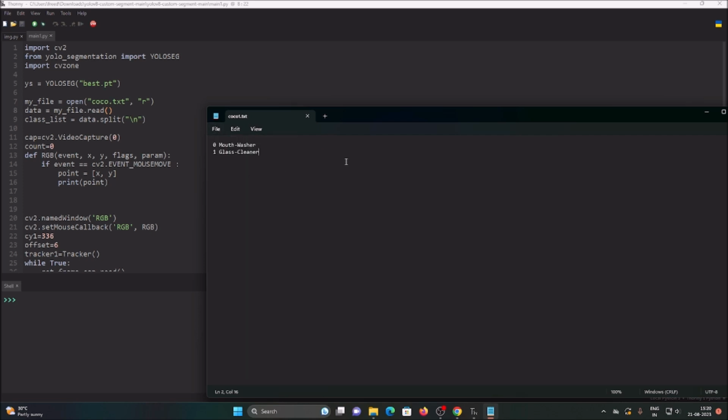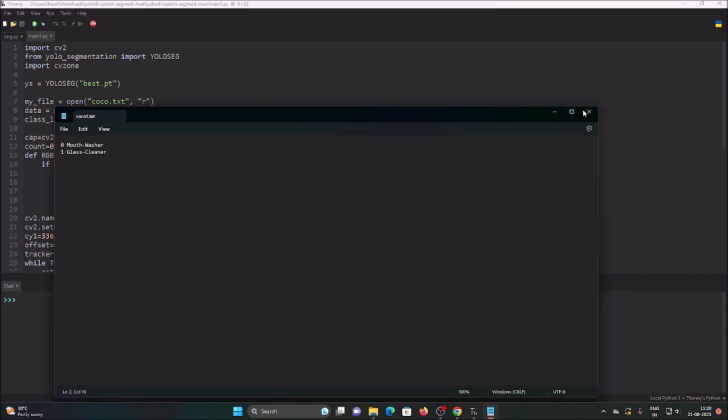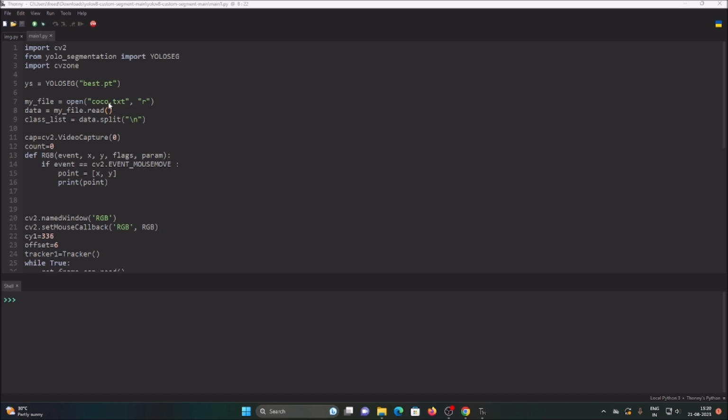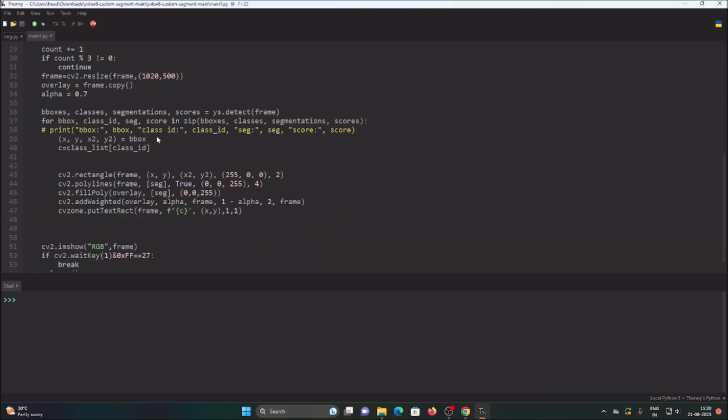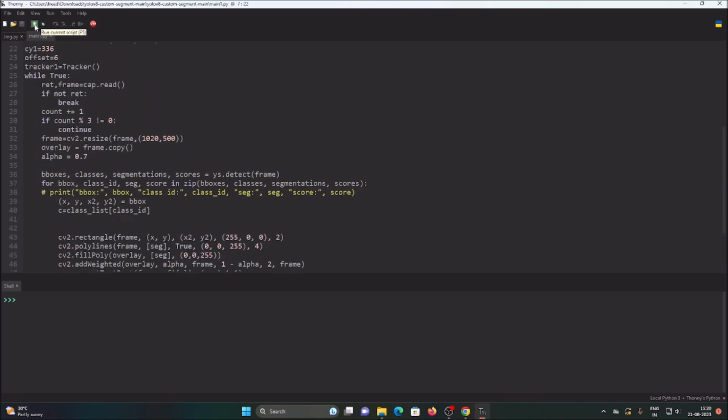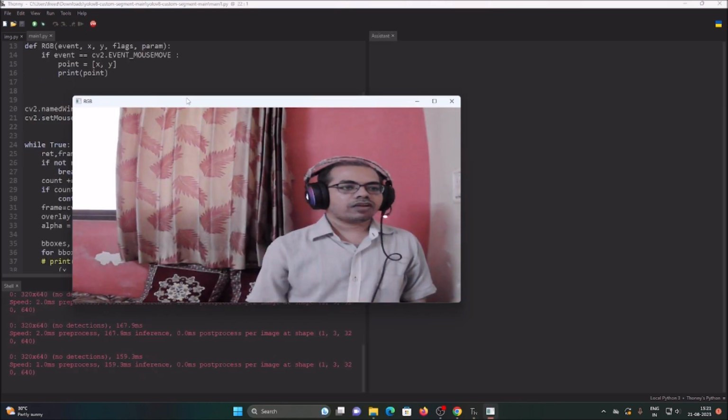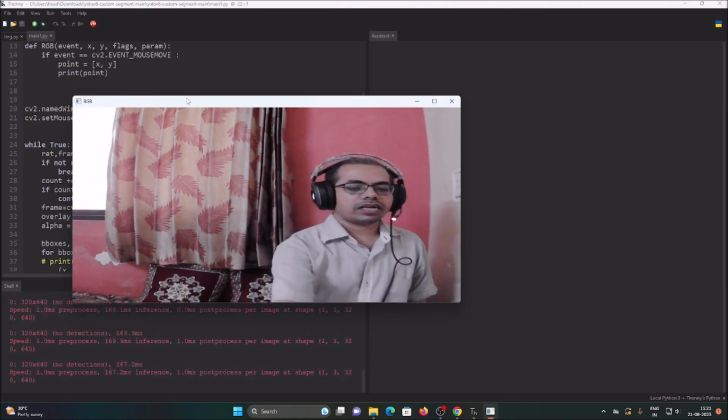File, just save, close it, and here we want to mention coco1.txt because we created our own file, coco1.txt, and then done. Now if I start the code, and friends, as you can see, our frame has started,